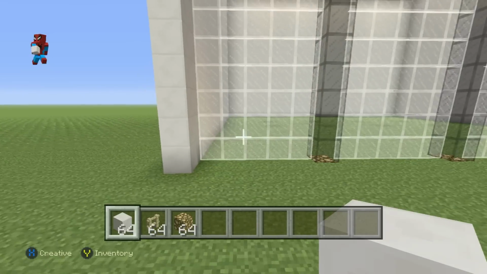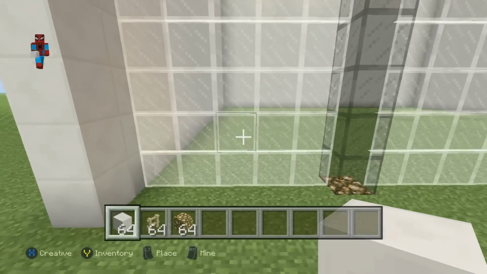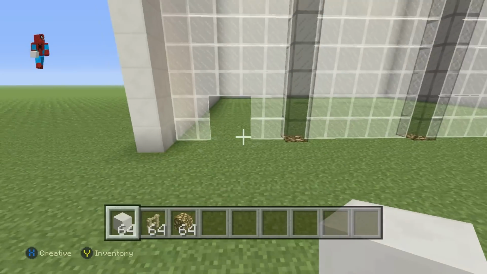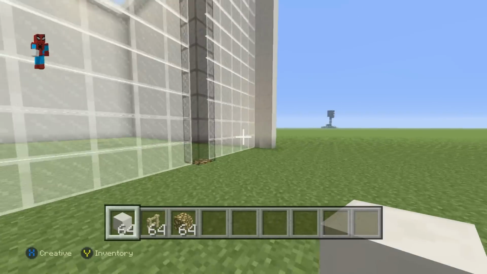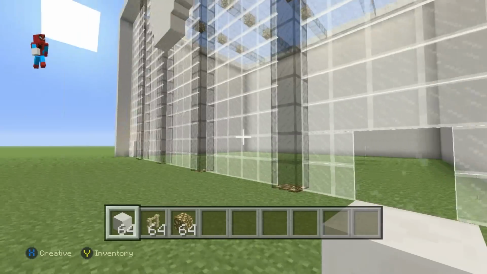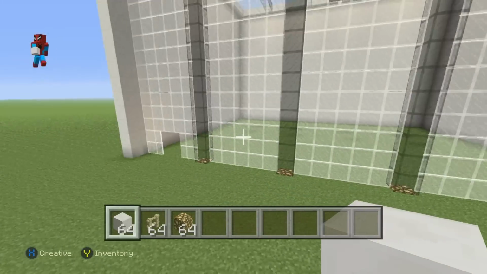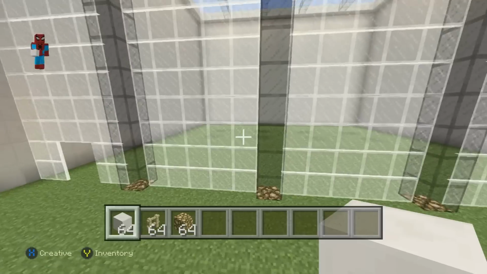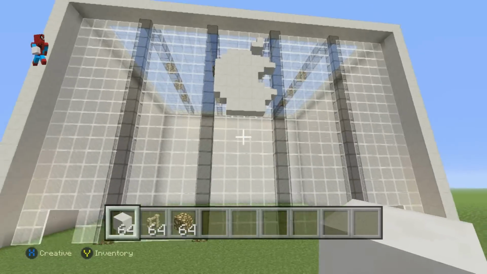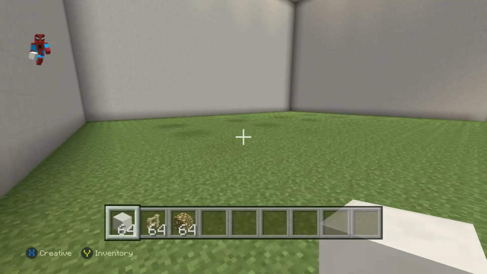Now, we have to figure out where the entrance is going to be. I designed the entrance for this to be on the left-hand side of the Apple Store, but the Apple Store is pretty symmetrical, so if you wanted to have two entrances to this place, you could. You could have one on the left here, you could have one on the right, maybe inside each one of these four segments, but I'm having one left and right.